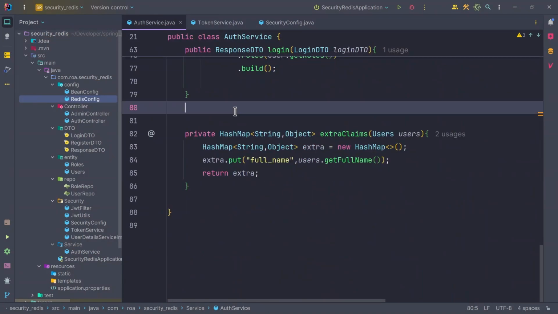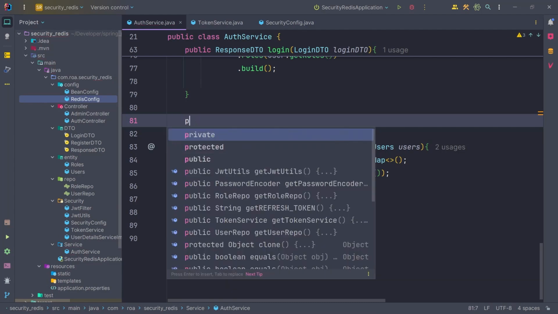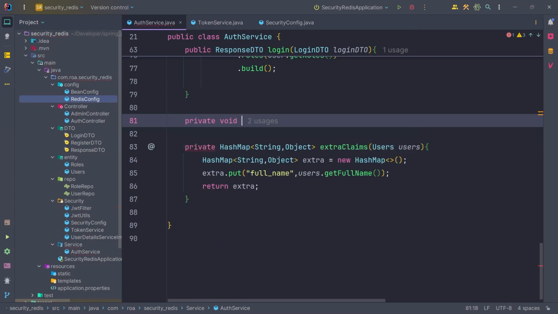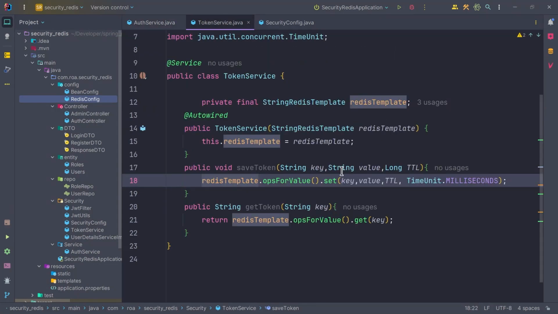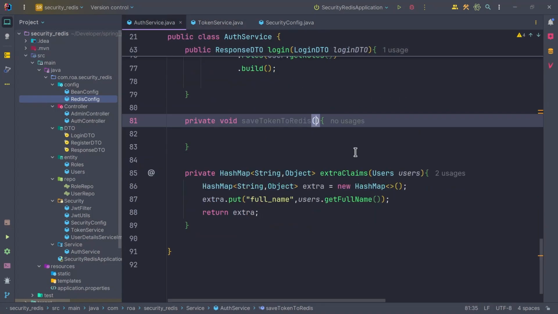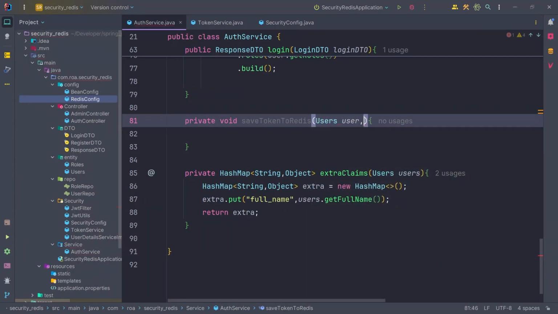Now let's implement save token to Redis. So if you go here, and now let's implement save token. I'm going to make it private because I don't want any other class to use it. So private void save token to Redis. And okay, now let's implement everything in here. So like the key, the value, the time to live. I'll be using the user's, so I will get the user's ID from here and the string of the refresh token,